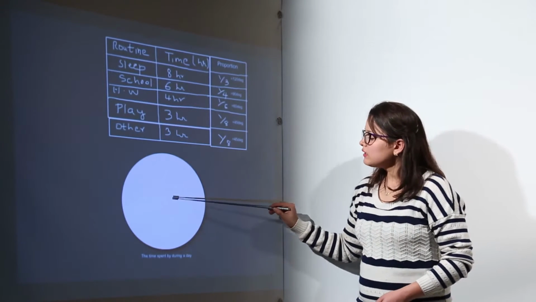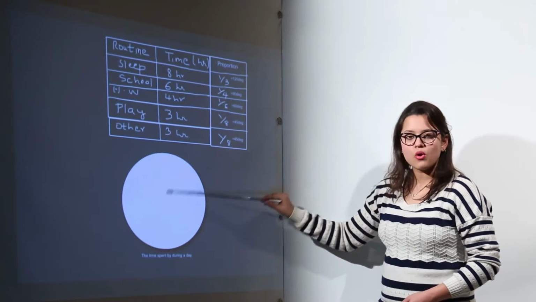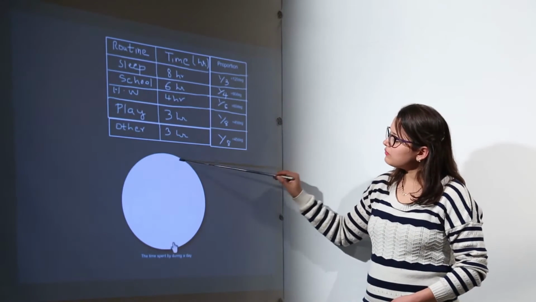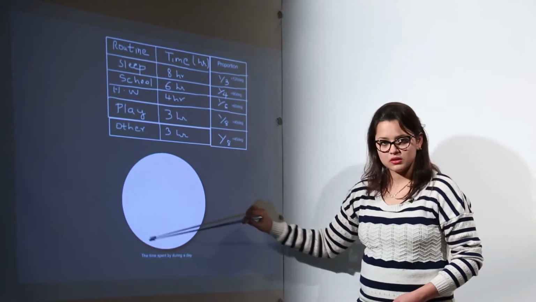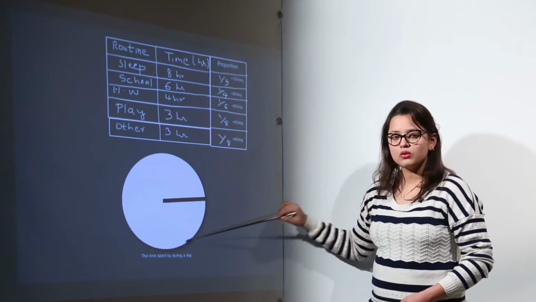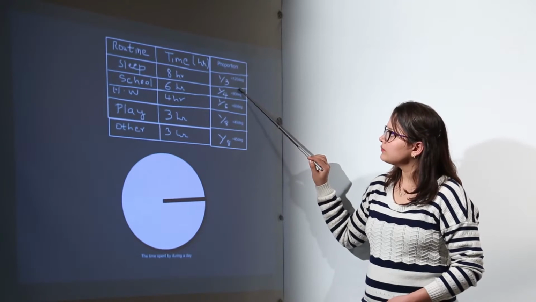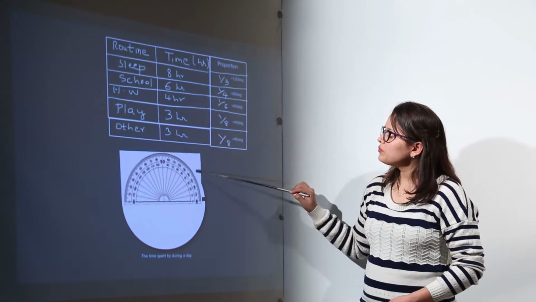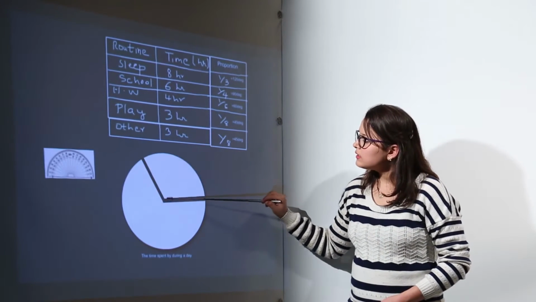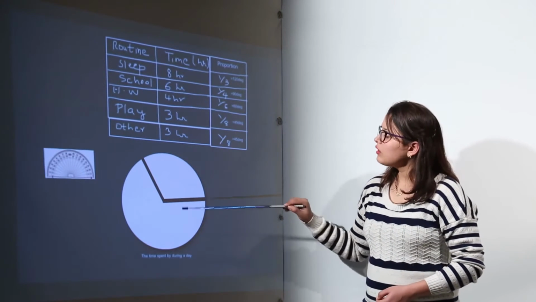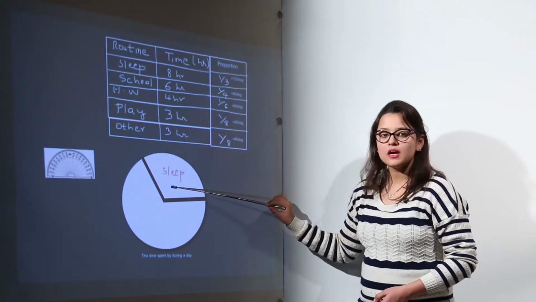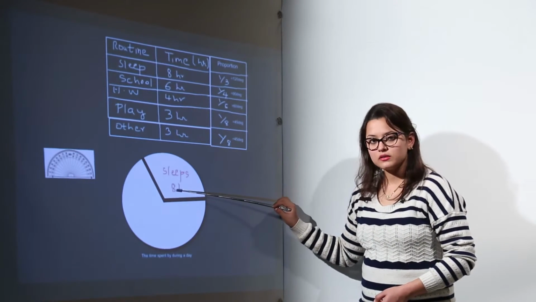Now simply start making the radius line anywhere you want and start making the angles one by one. For example, first of all we make the pie chart in the form of a circle. That is the first step. The next step is to make any radius anywhere on the circle and start making the first angle. That was 120 degrees. You put the protractor on the line, mark an arc, mark an angle of 120 degrees and make it an angle. Now you have made 120 degrees. This represents the sleeping time of the student, and how many hours? This is representing 8 hours, right?